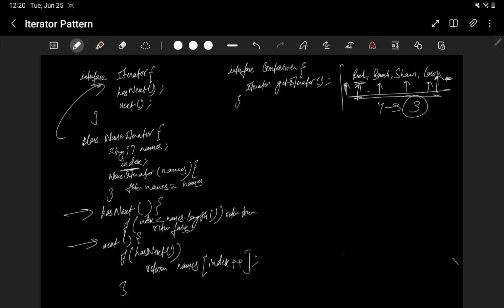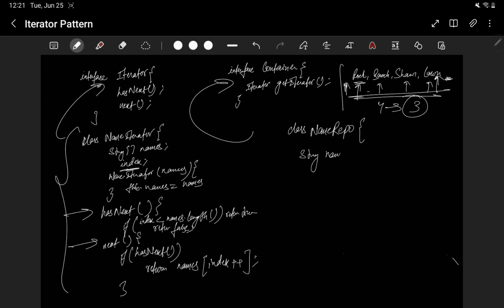Got it? And we have a name repository. This is the iterator where we have done all these things, and now we have a repository where actual names are there which we are iterating. So this is a container extension. This name repo class will implement this container, meaning any container can be there. This container can be tree, set, map, anything, right? So this will have a string of names, and it will have all the names,